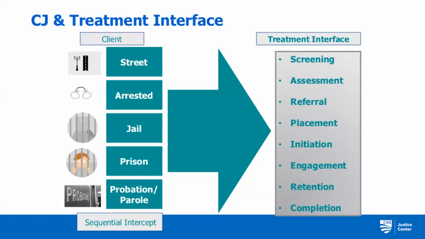It doesn't matter where you start off, whether the person starts off at the street, whether they start off in an arrest, whether they start off in jail or prison, or in probation or parole or pretrial services. I mean, we can go through all the different places. But the issue is, once someone has some connection to the justice system, and this is reflected in the various types of grants that you all have. Some are diversion projects, some of them are jail-based projects, some are actually enhancements to probation.